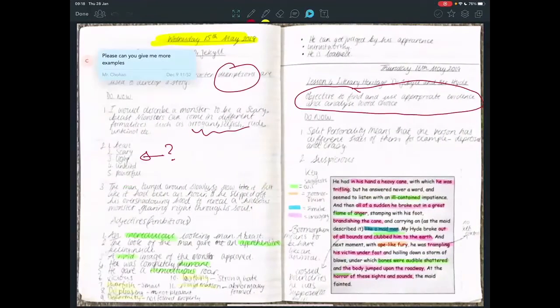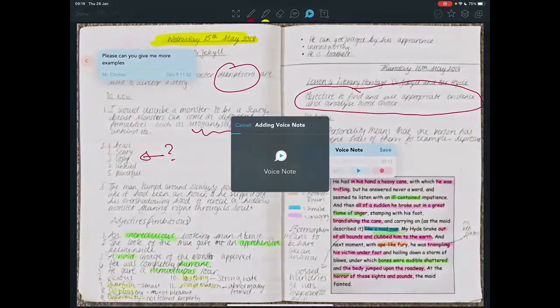The fact that I can tap and add voice notes is quite powerful. This voice note feature is designed to do this, so it works really well. If I just hit the record button: "Hey, this is really great. I can still see some spelling, punctuation, and grammar errors that need correcting. Please, can you highlight them in green, and have another go at writing those sentences? Thank you." And if I just hit the save button,